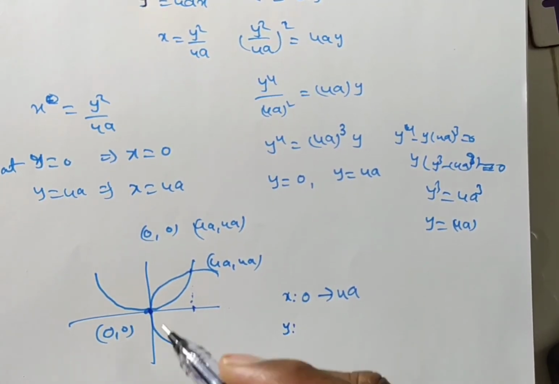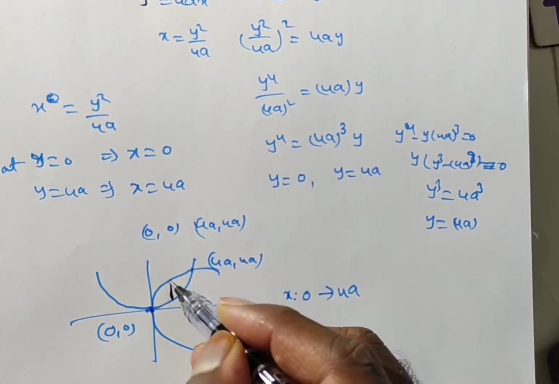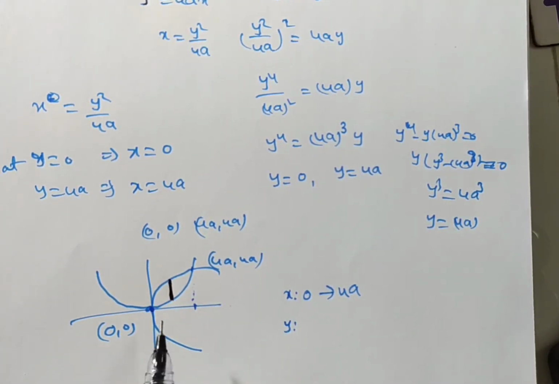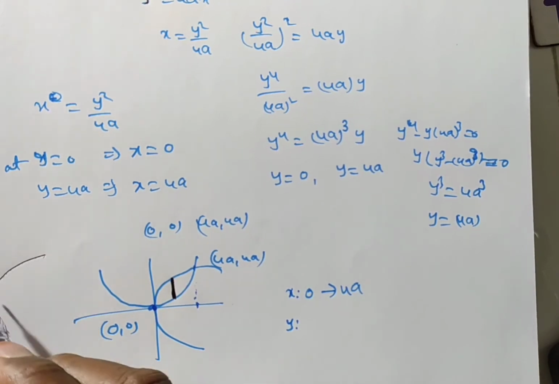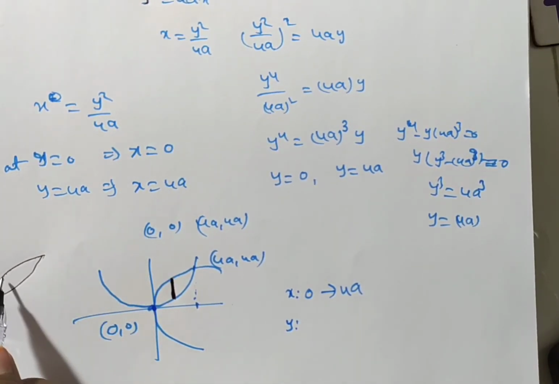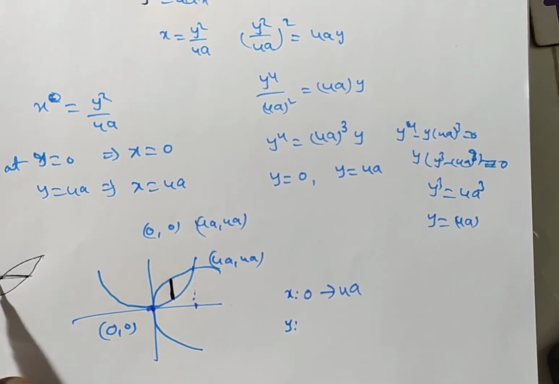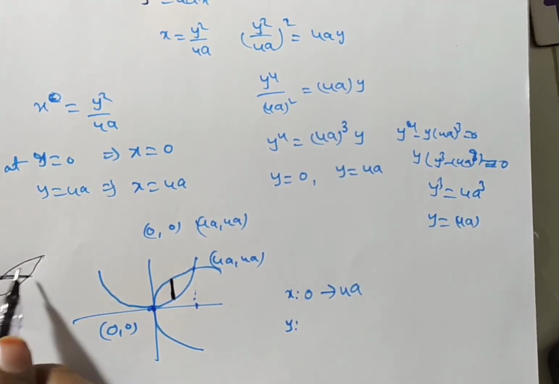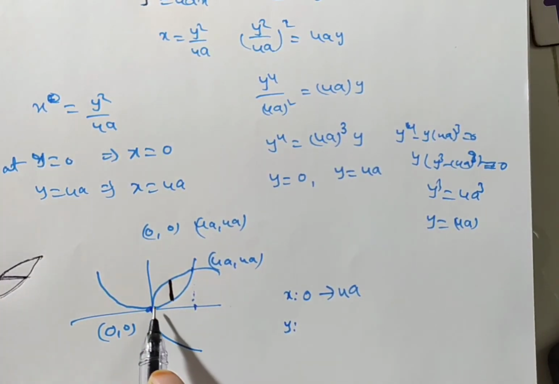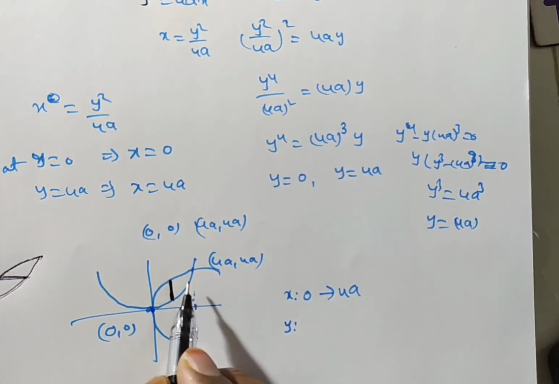So to get y value, what we have to do means draw one strip. Let it be this strip which is parallel to the y axis. If you want y value, we have to draw the strip which is parallel to the y axis. But I gave a problem for you in type 2. If you want to take x value, then draw the strip which is parallel to the x axis. Now for x axis limits, if you want left side you have to take, and right side you have to take. In this case, downside and top and bottom you can take.